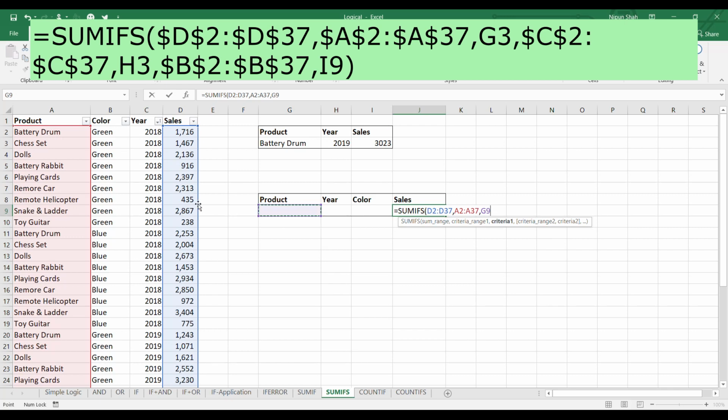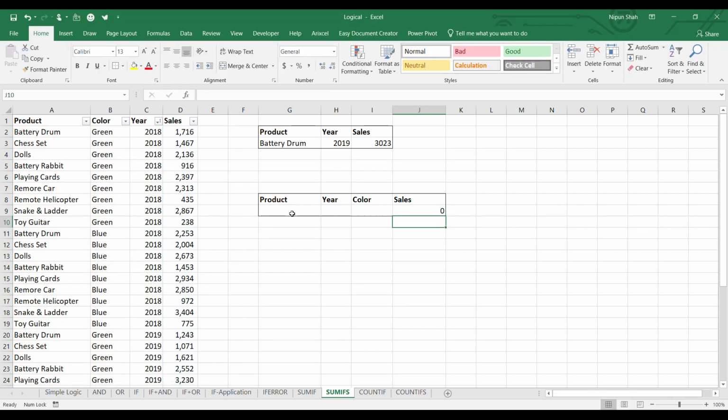My criteria range 2 is the year, comma, Excel should look for the year, and my criteria range 3 is the color, and Excel should look for the color. Close the bracket and enter. Let me select it: 1, 2 and 3, and the number is here.